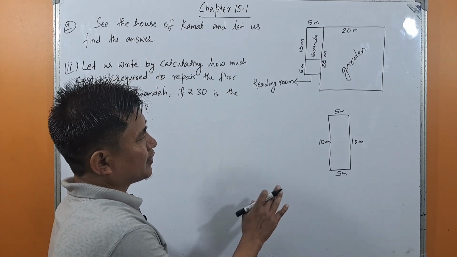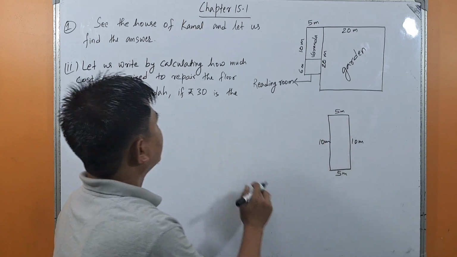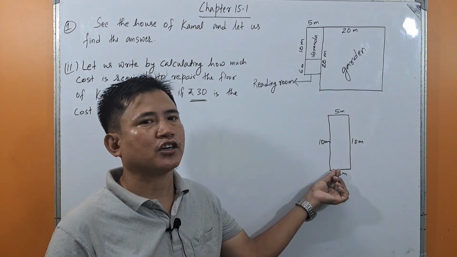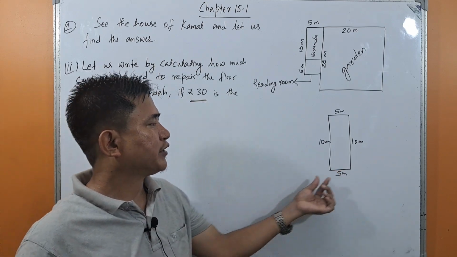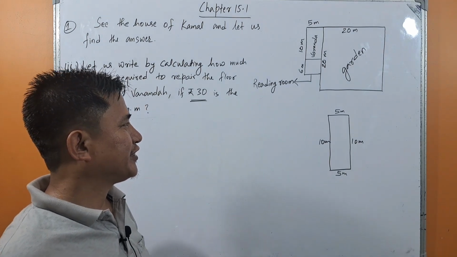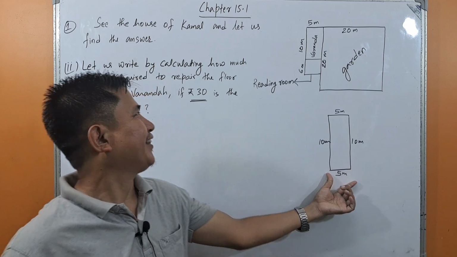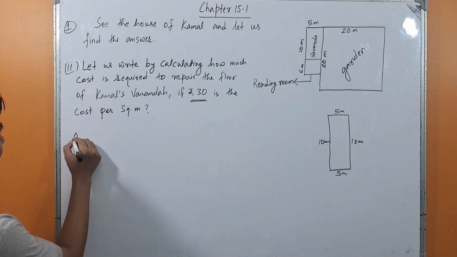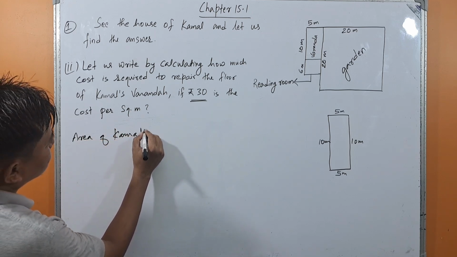Now the question is, what will be the cost of repairing Kamal's veranda at the rate of rupees 30 per square meter? That means if the cost of repairing 1 square meter is rupees 30, then what will be the total cost for repairing Kamal's veranda, isn't it? So what we do is, we first find the area of Kamal's veranda and then we multiply with the rate. Okay, so let us find the area of Kamal's veranda